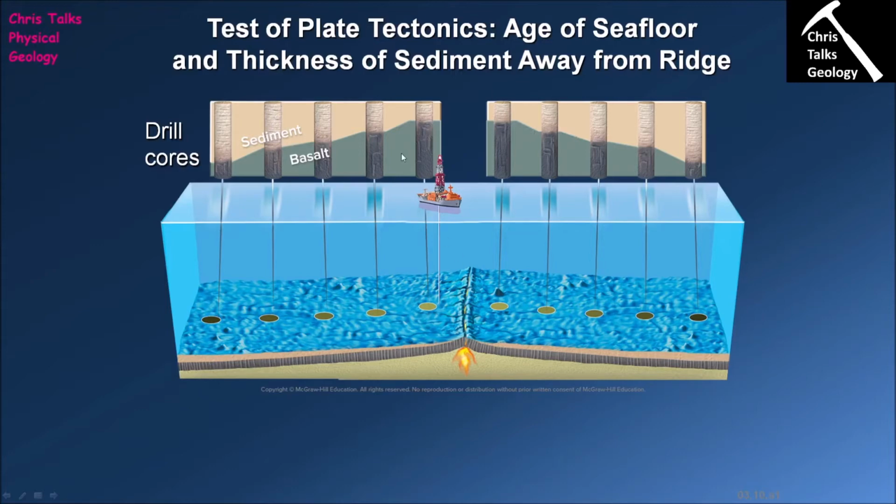Now, in terms of the oceanic crust itself, we'll collect a sample of the volcanic rock. We can then of course date that, and that will give us a numerical age for the rock, and we can also study its paleomagnetism, so we can work out whether the Earth's magnetic field was normal or reversed. So we know how far from the ridge the sample was collected. We know the age of the sample because we found that in the lab, and so we know the distance. We know how long it took to get there, and so once again, distance over time gives us the rate